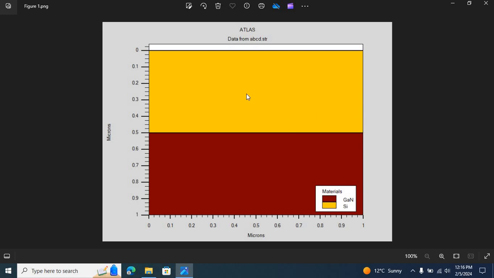We will replace silicon with copper oxide, which, as you know, is a new material. It is not a built-in material in Silvaco TCAD. So then I will put copper oxide over here in place of silicon, and we will look at different parameters of copper oxide deposited on gallium nitride. We will look at the energy band gap, the conduction and valence energy levels, and the doping concentrations, etc. for the new structure. So with that plan in mind,